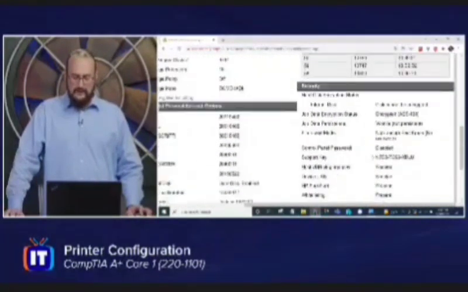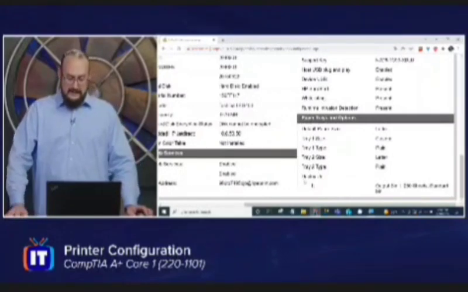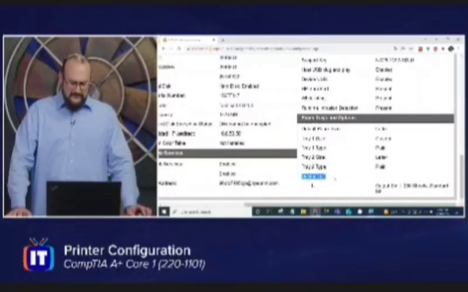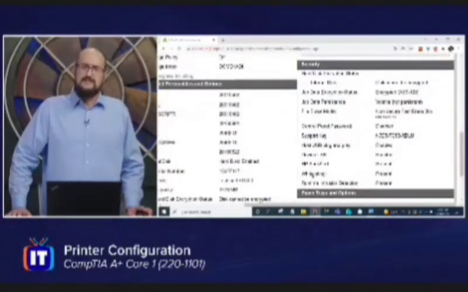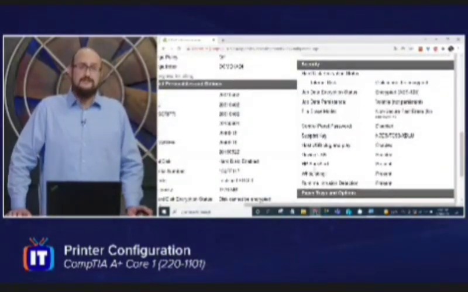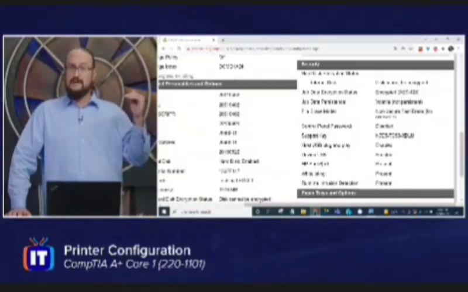Now, if I scroll all the way down, you can see that this machine has a duplexing unit. What does duplexing mean for us? Well, a duplexing assembly essentially allows you to print to both sides of the paper. That's what duplexing means. And if you don't have a duplexing assembly, that means you're only going to print to